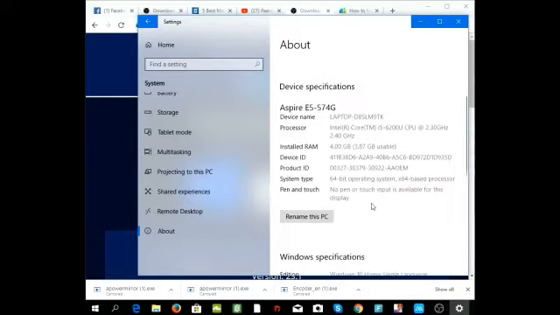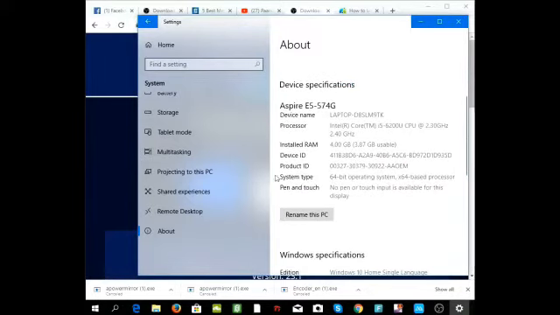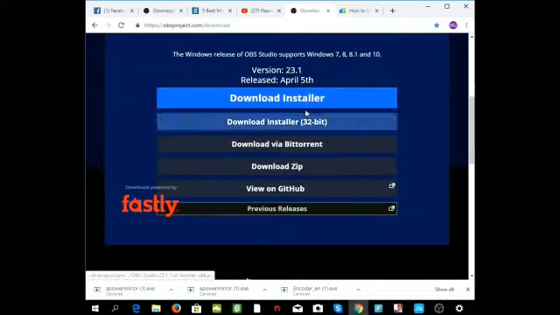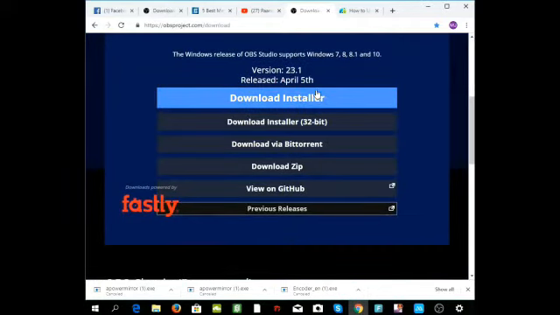As for me, this is actually a 64-bit operating system. So I'm going to click on this one because this is the normal OBS Studio installer. I'm going to download this. It's going to go here, and you just need to select it and click on run until it prompts you, and then until all the